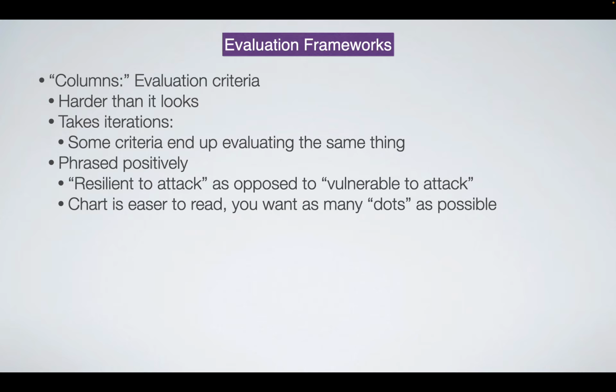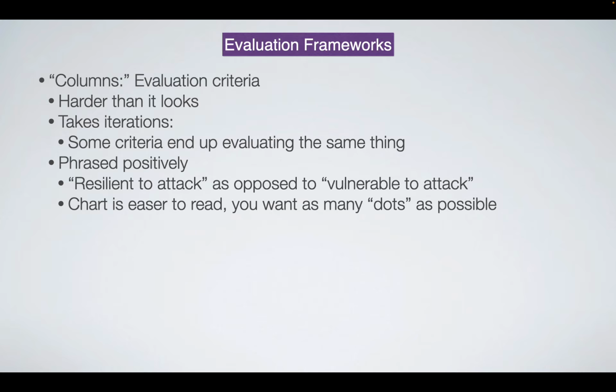So for example, let's say there's an attack. I could have a column, here's 5 systems, and I could have a column that's like, it's vulnerable to this attack. Yes, no, kind of thing, okay? The problem when I read that chart is I don't know, is it good to get a yes or is it good to get a no? I would have to read the column title. So the column title is, it's vulnerable to this attack. So in that case, a no, you don't want to be vulnerable to the attack. So a no is a good thing, as opposed to a yes.